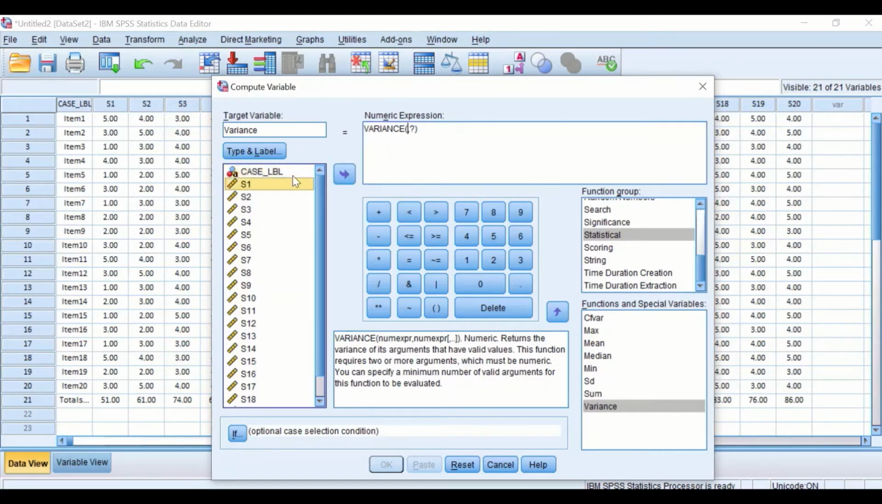Insert the S1 first, separated by comma. Insert the S2 by comma, S3 and S4 and S5 and then S6 and then S7, S8, S9, S10, S11,